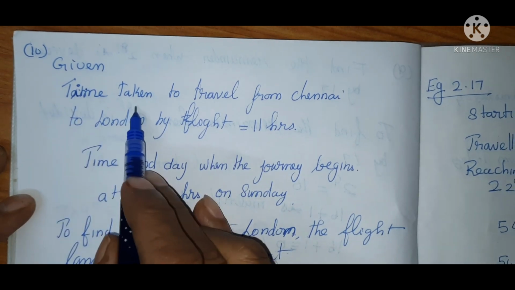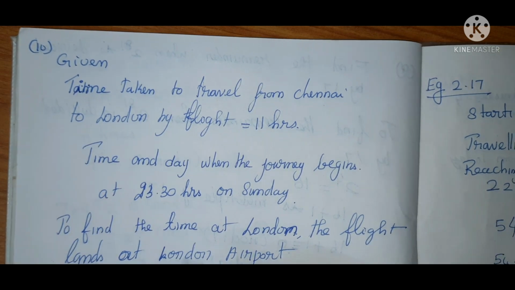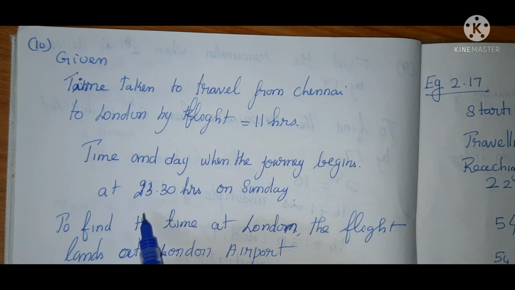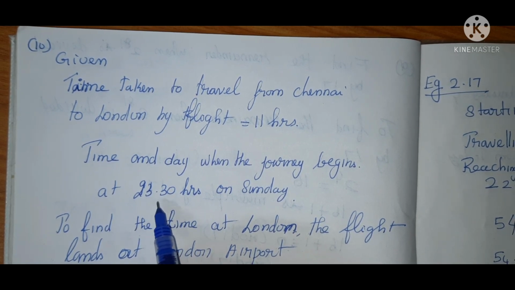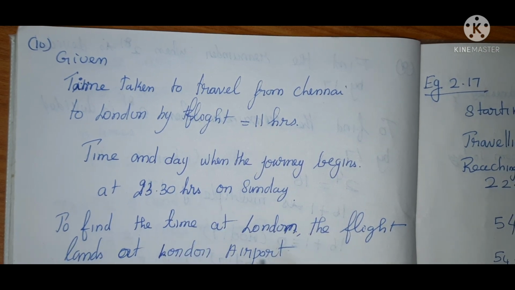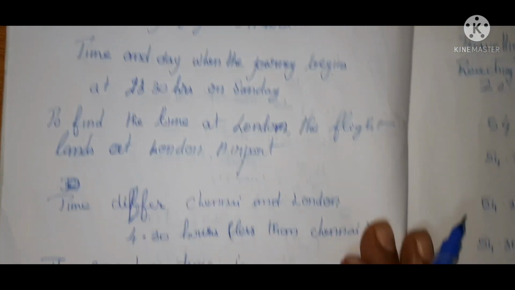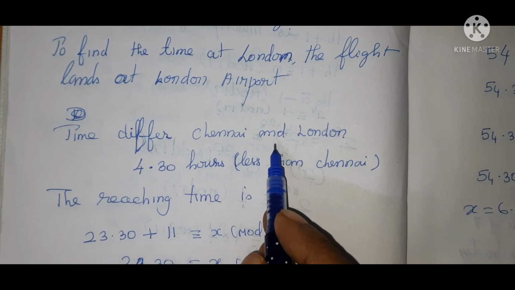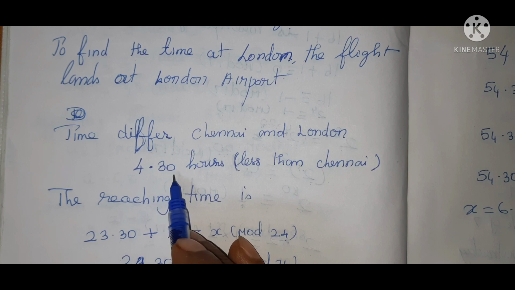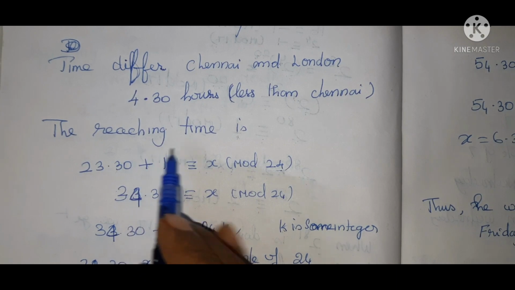Given: time taken to travel from Chennai to London by flight is 11 hours. Time and day when the journey begins: 23:30 hours on Sunday. To find: the time at London when the flight lands at the London airport. The time difference between Chennai and London is 4.30 hours; London is less than Chennai. The reaching time is